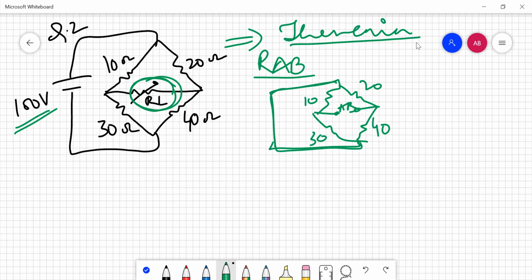So if you just pay attention to this, when I pass the current into the A terminal, what I am going to get is a division here. Our current will divide in two parts, making our 10 and 30 in parallel. Similarly, when it comes back here, it will come from your 20 as well as 40. Two different parts are there. So that makes our 20 and 40 in parallel. So I am drawing this circuit again.